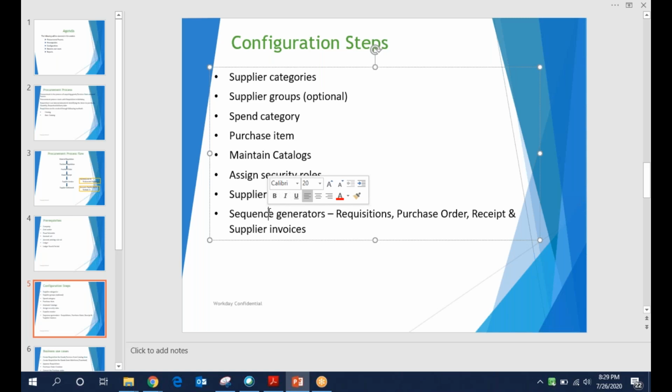That number can be at tenant level or at company level. If we maintain it at company level, a specific number range will be generated for each company. It is called a sequence. For purchase order, receipt, and supplier invoice, it's all similar. Sequence generators can be at tenant level or at company level as well.